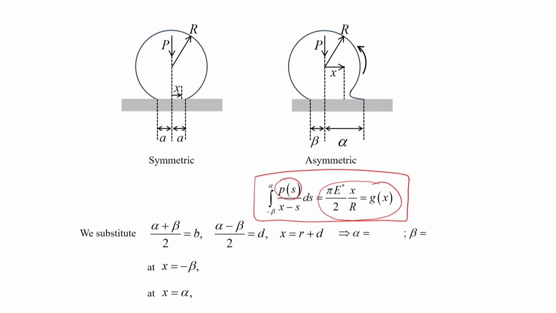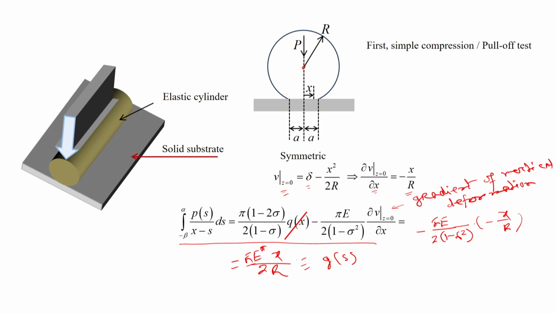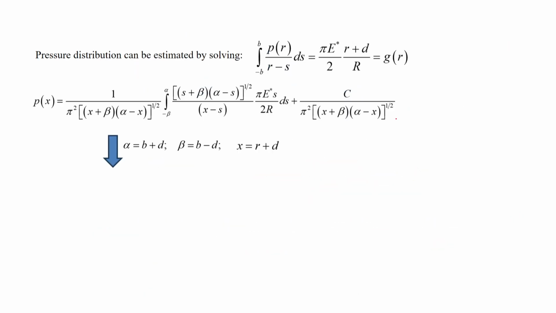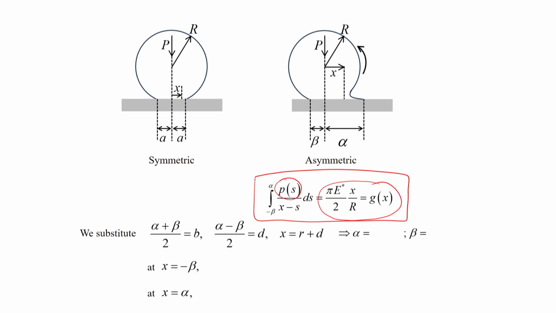So now this equation that we have here will have an asymmetry. This equation, for example, will be used for finding p(x), and we have this asymmetric function, where the limits go from minus beta to alpha. But we can simplify this, and that is what I would like to discuss here. Let us substitute this kind of expression: alpha plus beta by 2 is equal to b, and